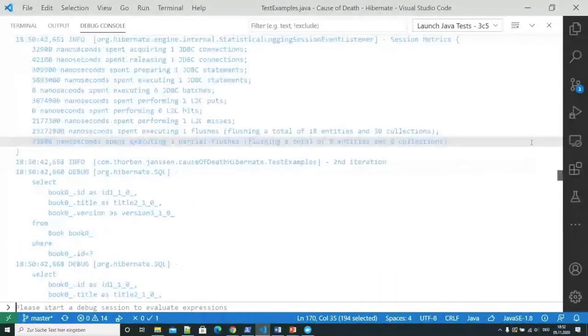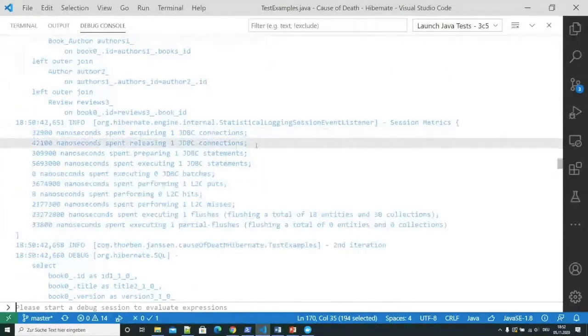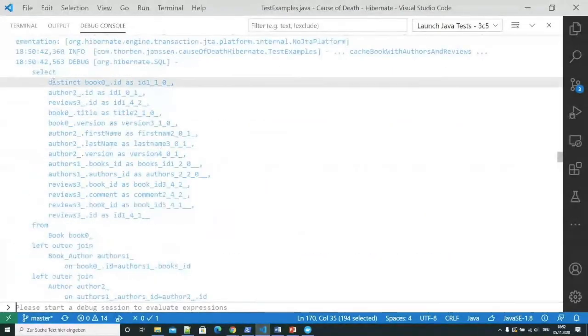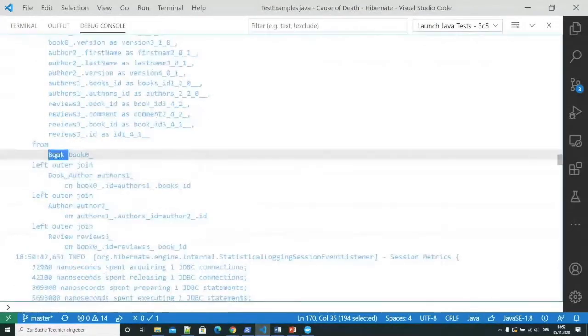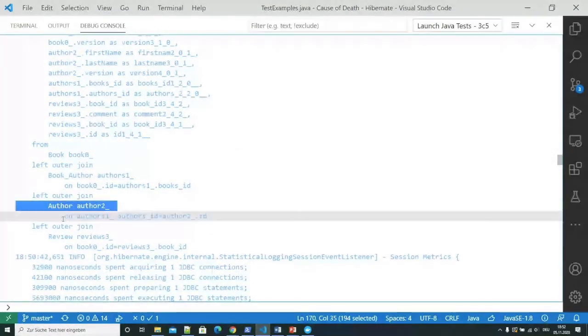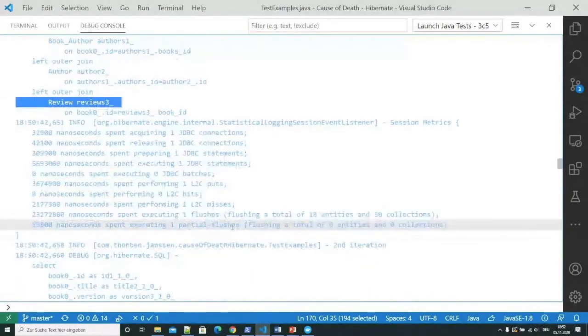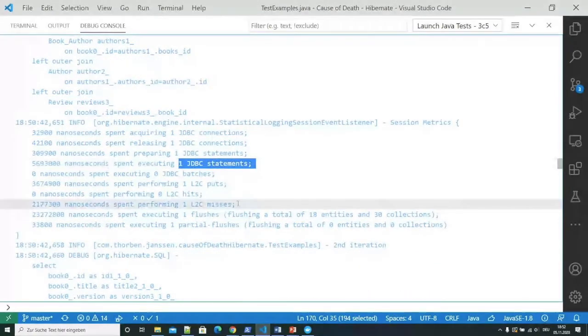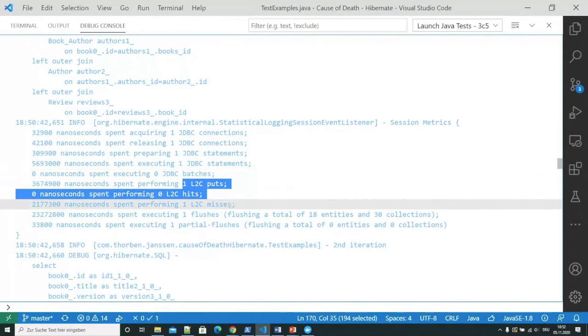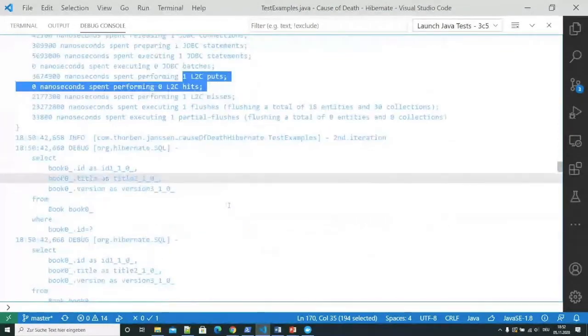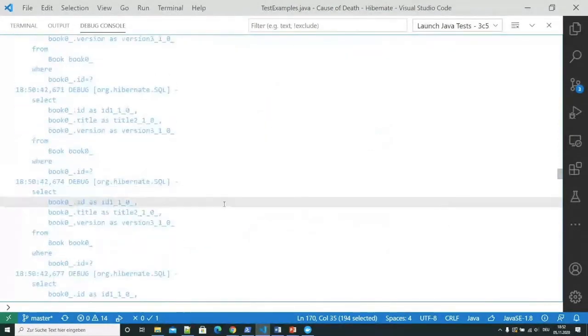Where's my first session? There it is. So I'm fetching my book with the authors and the reviews, and I get all the information within one JDBC statement, and then I can see here that I've put all that stuff into the cache. Great. So now I do the same thing again, and well, what's going on here?